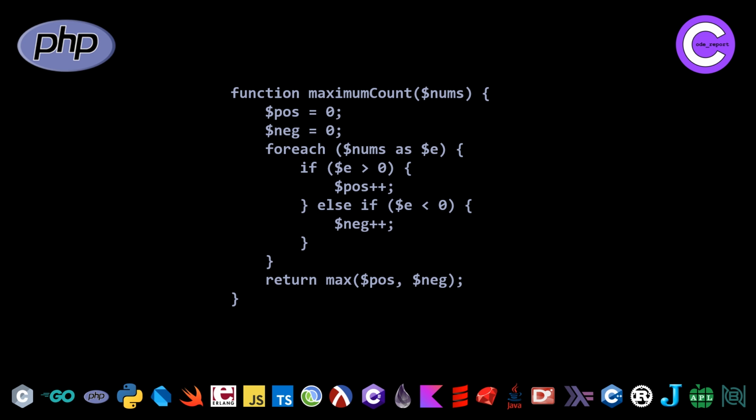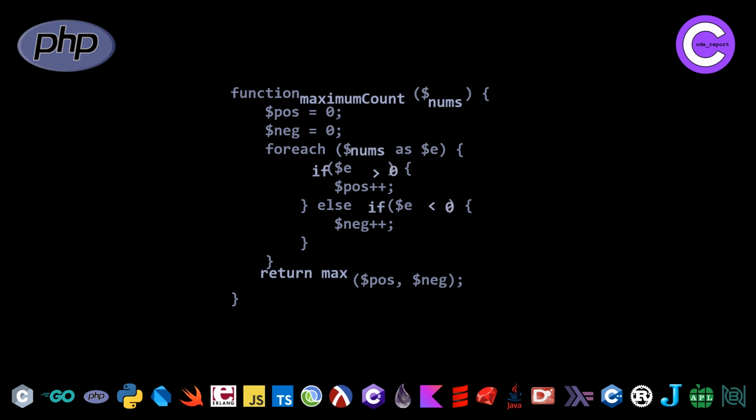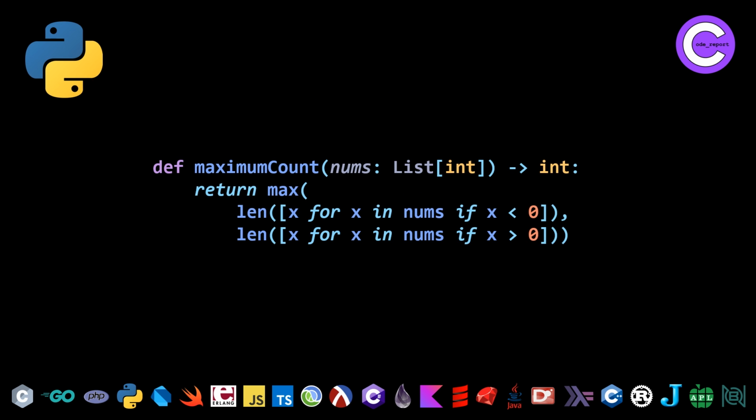and PHP. Moving on to our first solution from category number 3 that uses 2 different reductions. This is going to be the Python solution. So here we're using 2 list comprehensions and the length function. This is basically going to count up the number of positive and negative numbers, and then we just pass the result of each of these 2 list comprehensions to length, then to max, and that's going to give us our